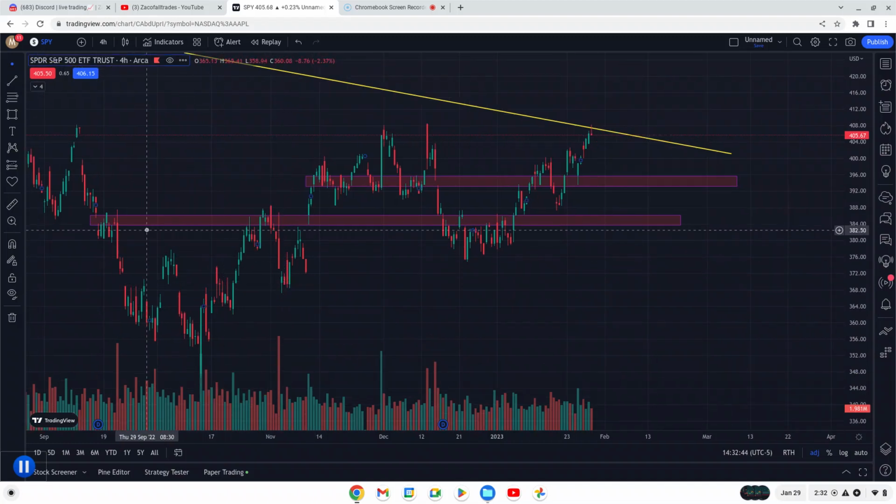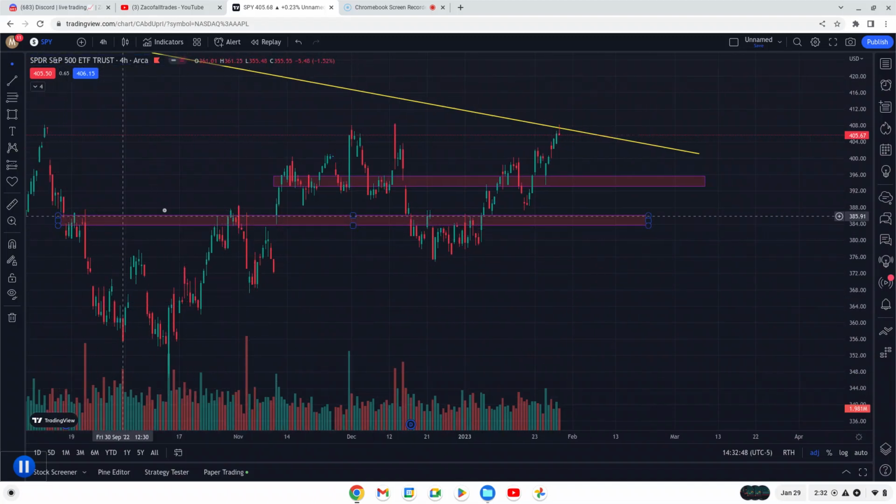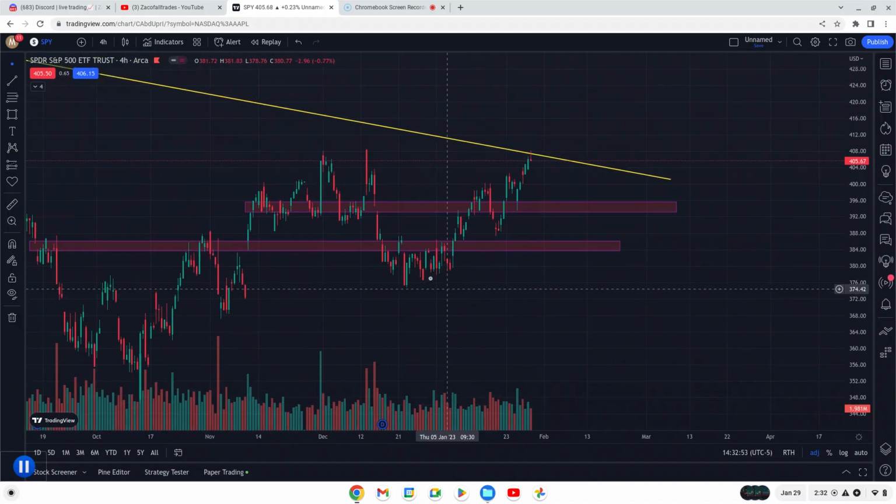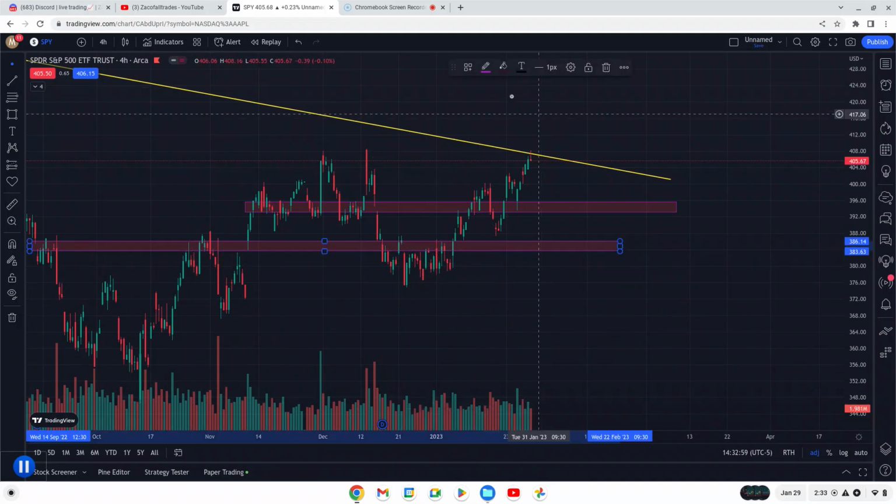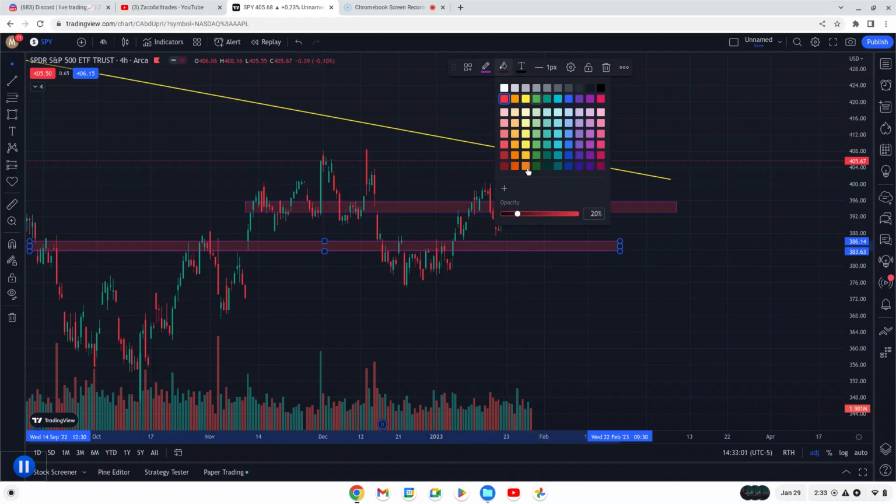But really, this zone is kind of weak. We really don't have any buyers in this zone. The only buyers we had were right here. So when we came down and pushed to my demand zone,